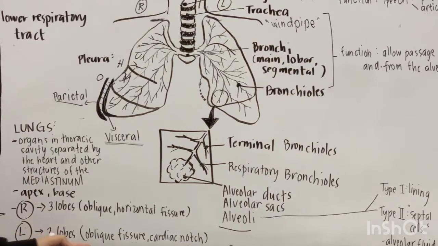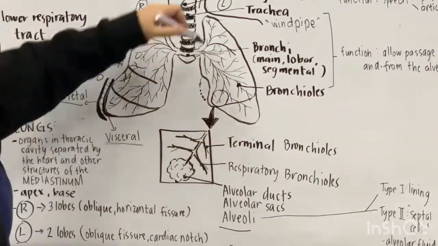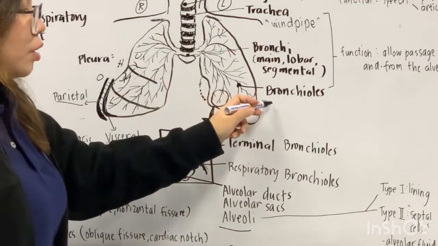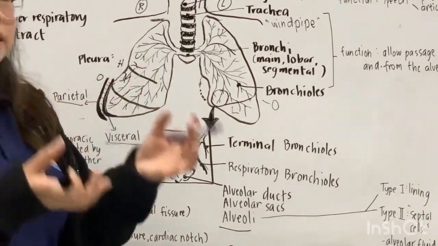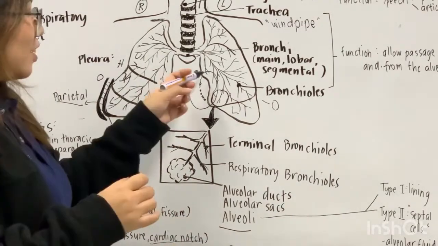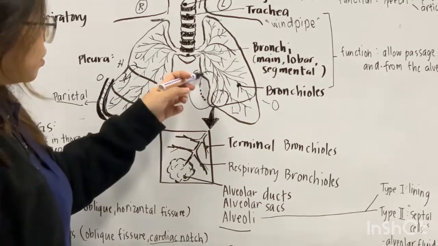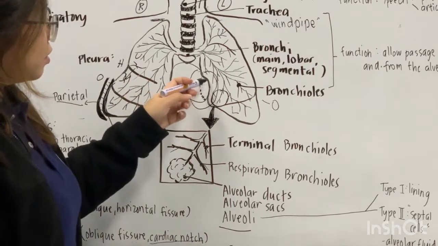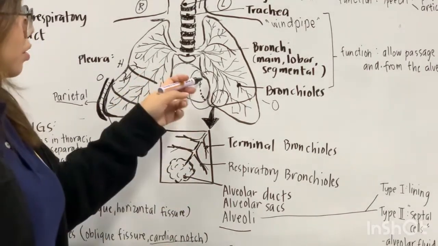For the left lung, you have only two lobes: your upper and your lower lobe. It is divided by your oblique fissure. Then it has one more part, your cardiac notch. The cardiac notch encloses your heart. So imagine that this is your heart. That is why my cardiac